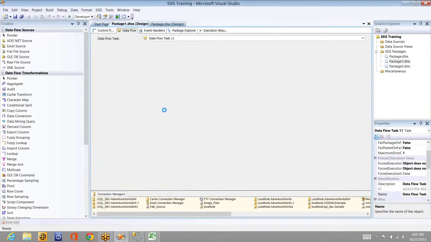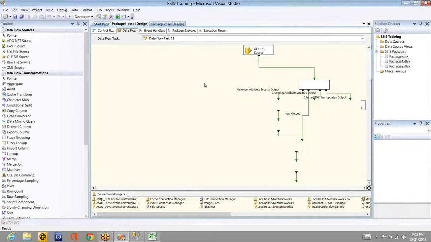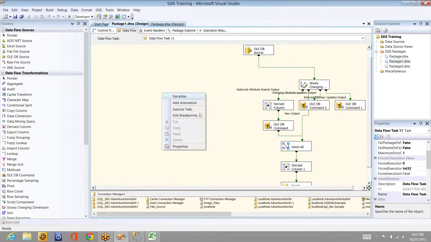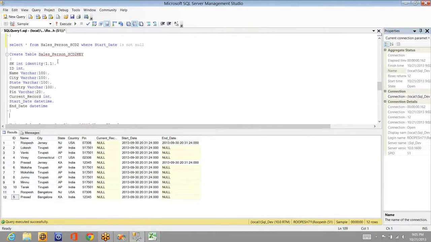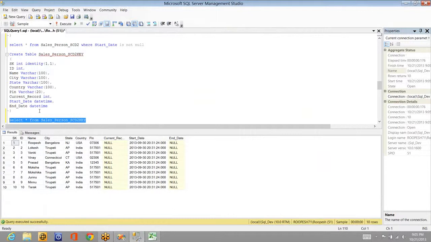Okay. Now if I execute this, first it will insert the data, and I'll try to change the city, and then I'll show you what will happen. So let me execute it. Meanwhile, let me execute the query here. There is no data, and select star from so and so. You can see now 10 records inserted. We are not making use of this column, forget about it. All the records' end date is null. And if you see, the surrogate key is 1, 2, 3, 4, 5, 6, 7, 8, 9, 10.